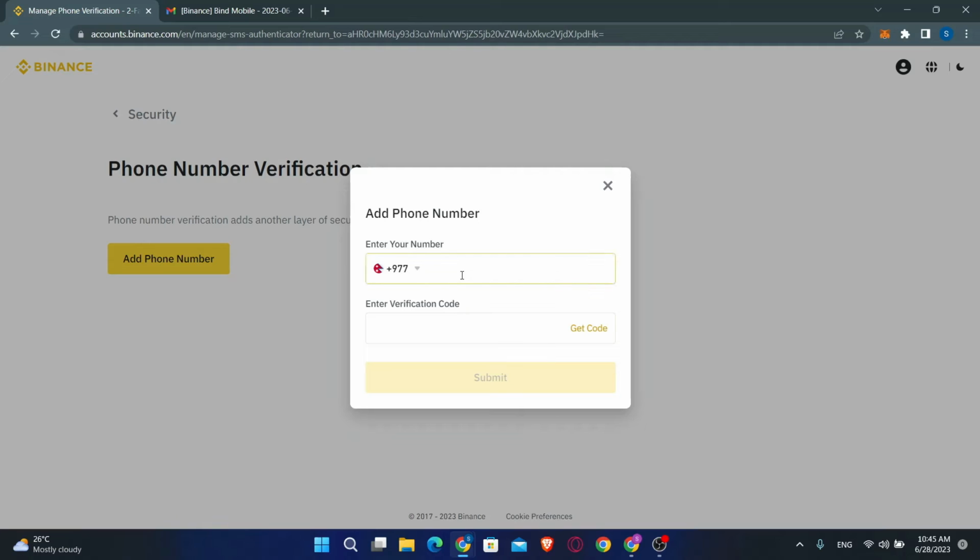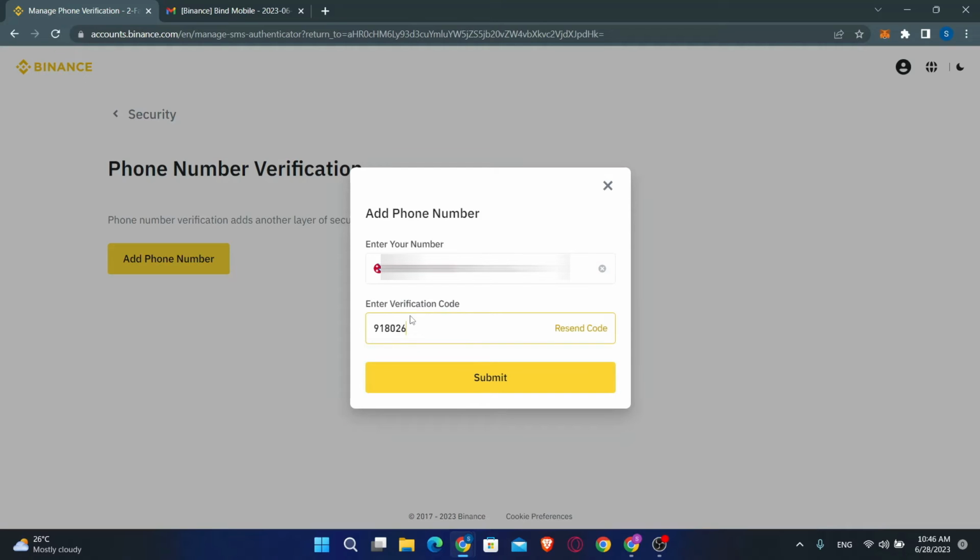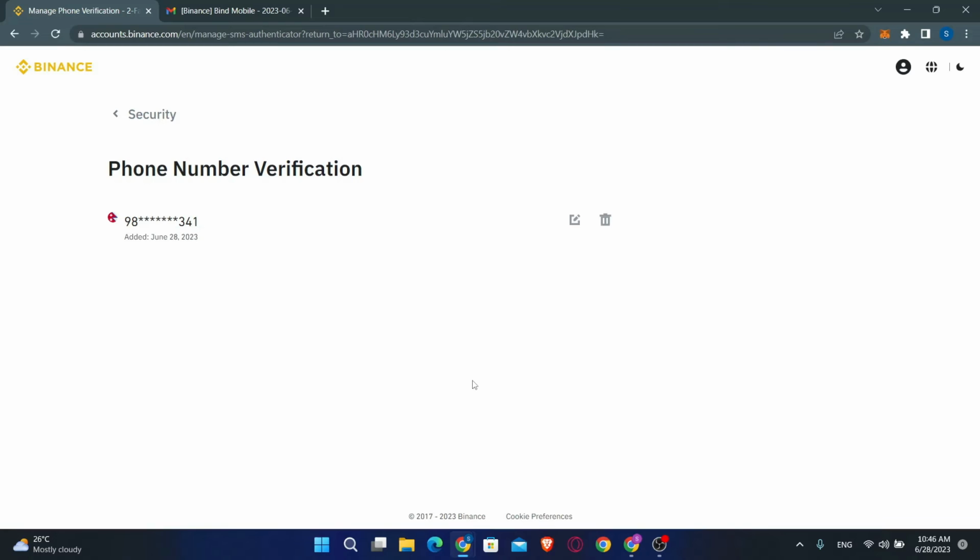And now you will be asked to enter your phone number. Just go ahead and type in your phone number and then click on Get Code once again. You will then receive a verification code on your cell phone. Just type in your verification code and click on the Submit button, and now your phone number will be changed